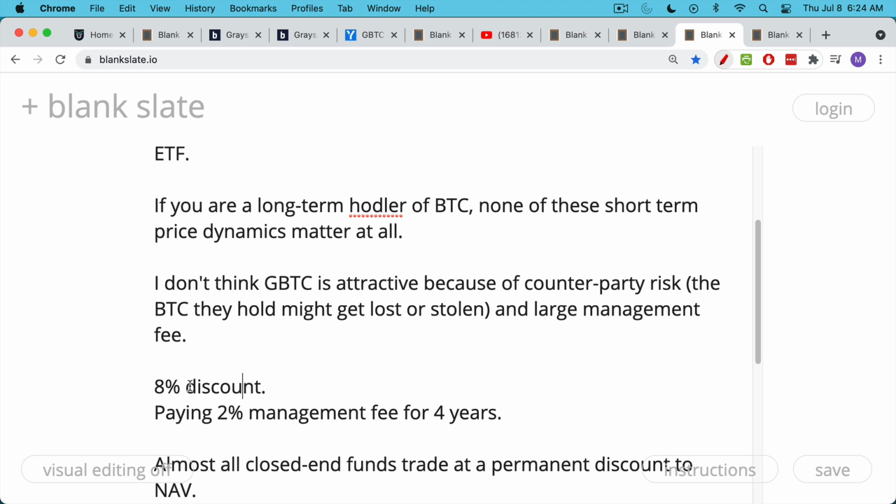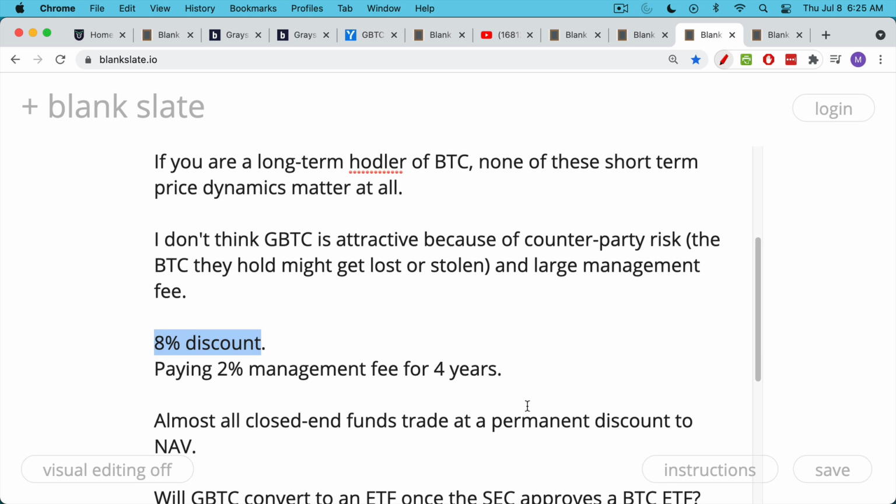So let's say there's an 8% discount to NAV, and you're paying a 2% management fee. Roughly, after 4 years, you will have paid 8% in management fees. The thing's trading at an 8% discount to NAV. The math doesn't work precisely like this, but it's a good first-order approximation. Basically, you will have broken even. So even though you get to buy a dollar for 92 cents or whatever it is, you are still paying that management fee,